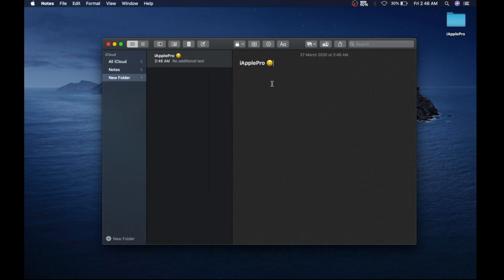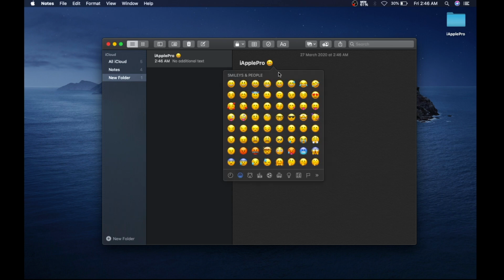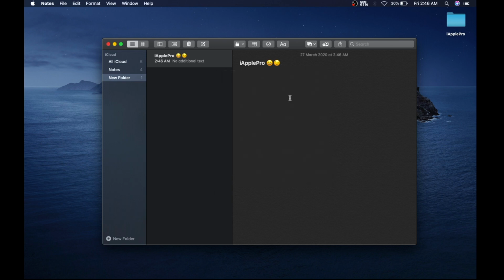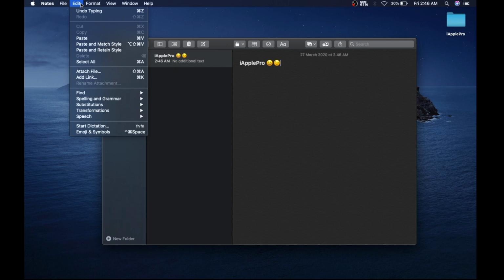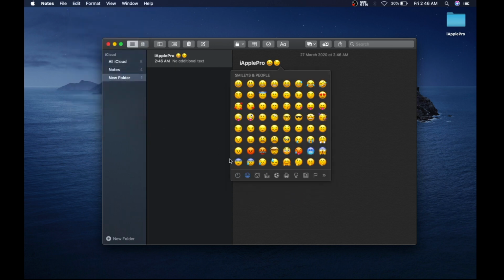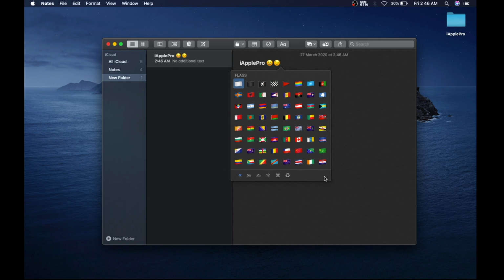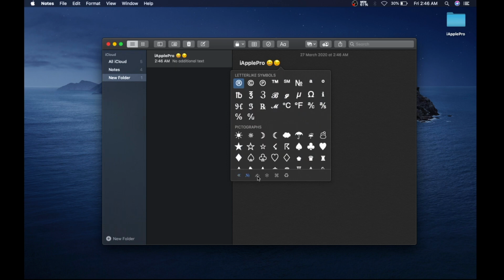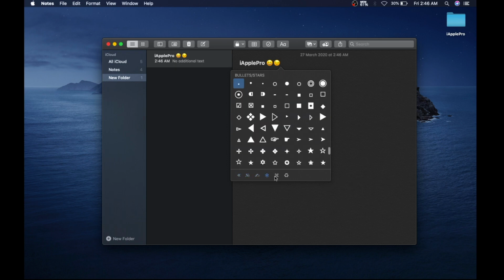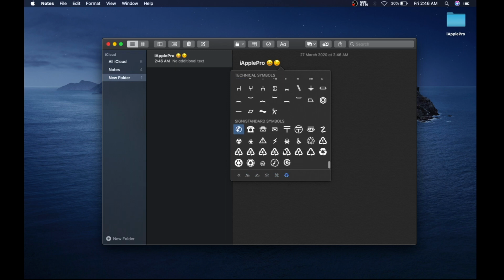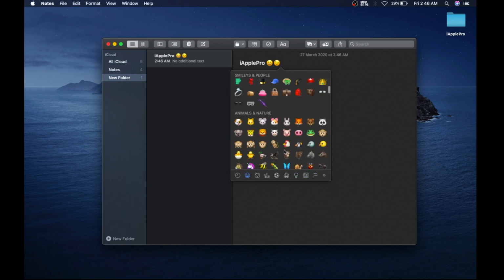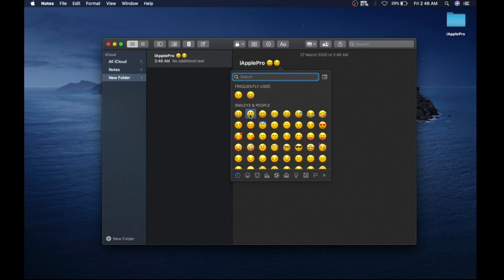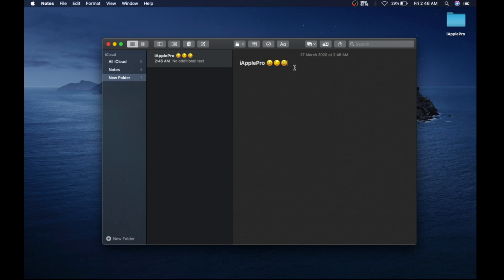So you can select the emoji you want, or else you can go to the edit button and select emoji and symbols. It will also open that pop-up menu which has different types of emojis and symbols. There are many symbols available. You can select it by tab or by scrolling. So this is the simple way of adding emojis and symbols to any of your text file.